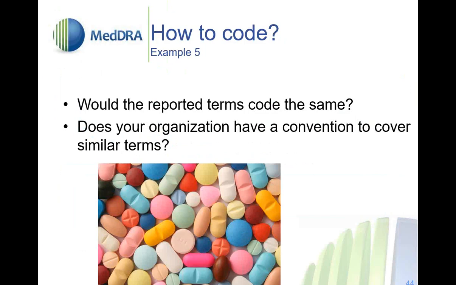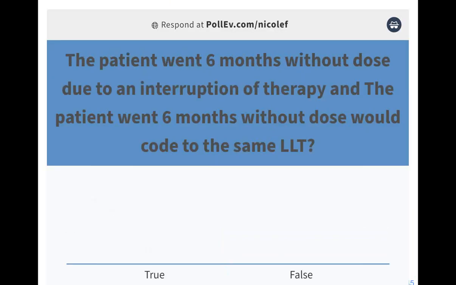So again, in order to make this very interactive today and give everyone on the line a chance to share their thoughts and opinions with everyone else, since we can't be in person and have to do it via polls, I will launch a series of polls. It'd be much easier if we were in a room and could all share together. The polls will help us understand how this is being handled by different organizations, or how you yourself would handle these terms. So the first poll is: the patient went 6 months without dose due to an interruption of therapy,